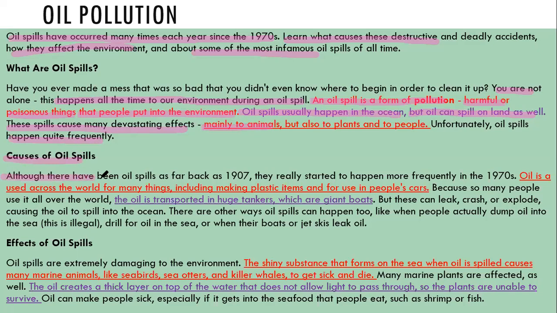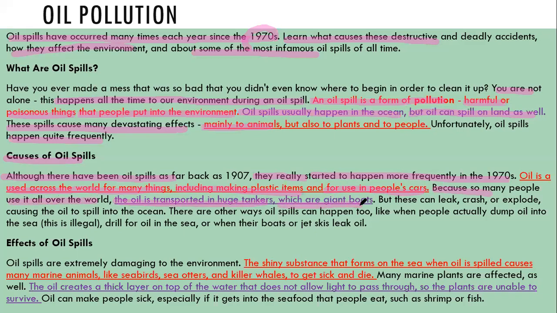Causes of oil spills: although there have been oil spills as far back as 1908, most of the record is after the 1960s. They started to happen more frequently in the 1970s. Oil is used across the world for many things, including making plastic items. Yes, and for people's cars, any kind of fuel that we are using for ships, the fuel for planes, fuel for any kind of machinery that you use, like diesel, etc. Because so many people use it all over the world, oil is transported in huge tankers, okay, and